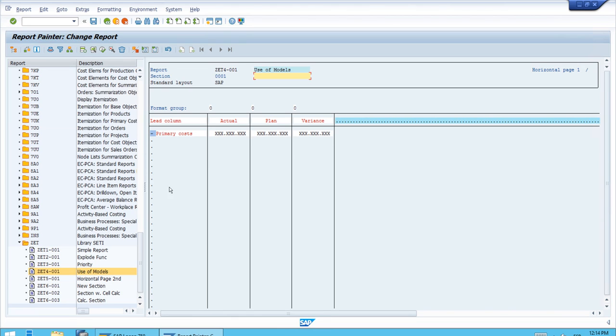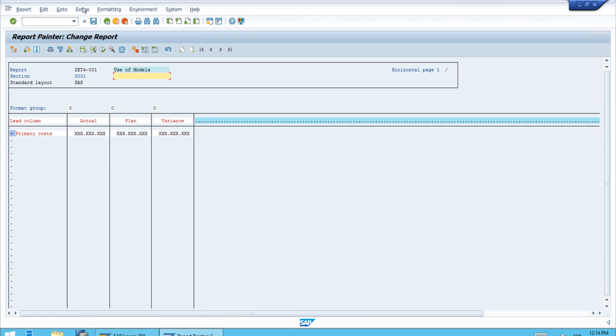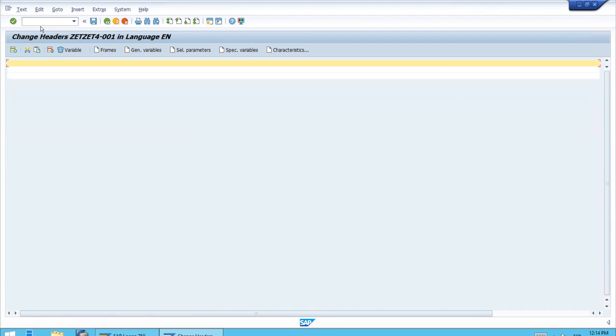Again, we want to now work with the texts. So let's hide the panel here and let's come to extras, report texts, and we will go directly to headers. What's really important is that we will make this variable. We'll have fixed and variable text. So for fixed text, let's just enter cost center,